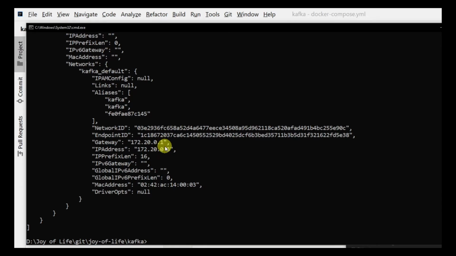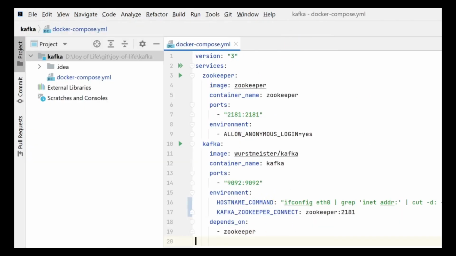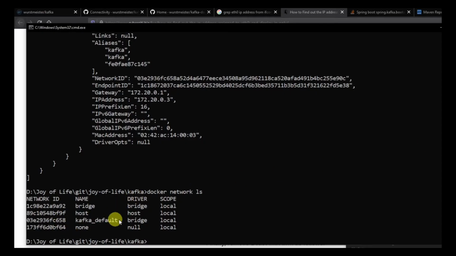So if I check the networks over here, you can see that for Kafka Docker Compose, when we created this Docker Compose, a separate bridge was created for it, right? And our application that we are running is on the default bridge that we have. So they are running technically on two different hosts and we are unable to connect them, right? And that's the reason why we are continuously getting that we are unable to connect to the broker, right? And we need to go ahead and fix this problem.